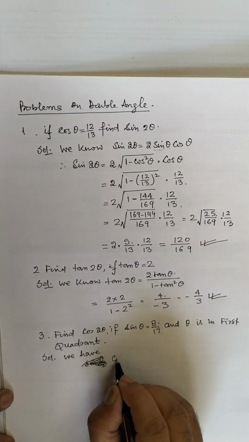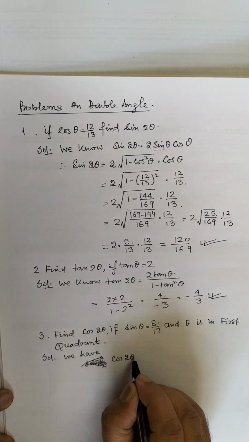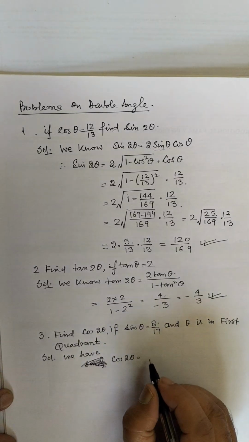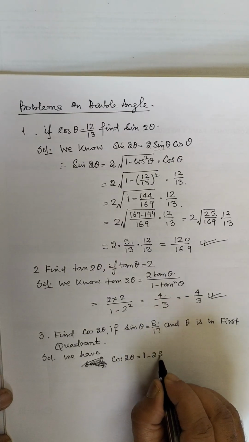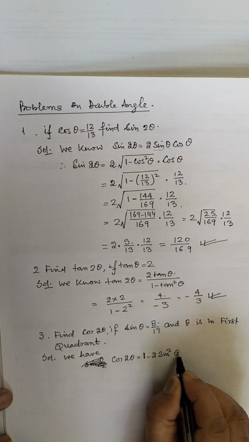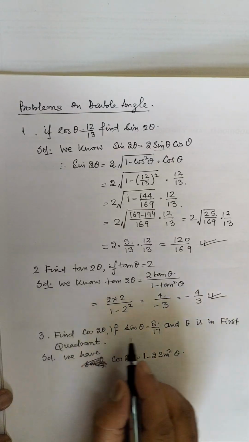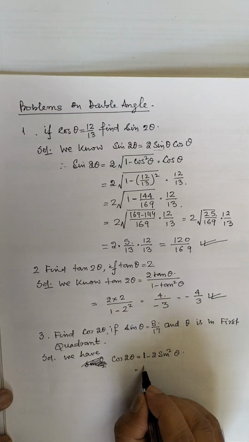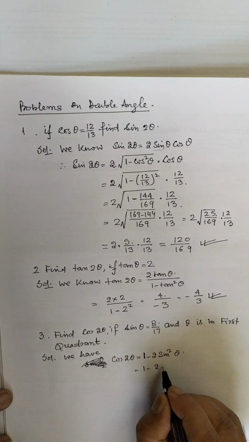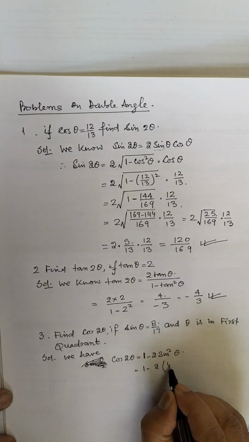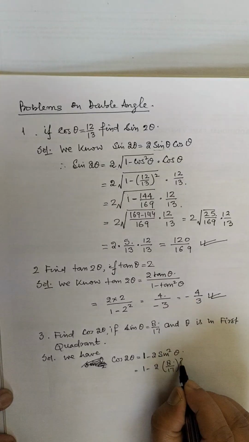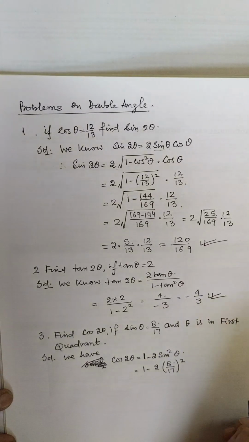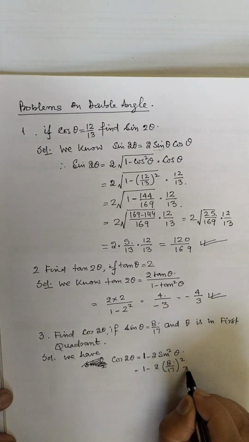So we have cos 2 theta is 1 minus twice of sine square theta. It's a simple question. Just put the values. 1 minus twice of 8 on 17 square, which is